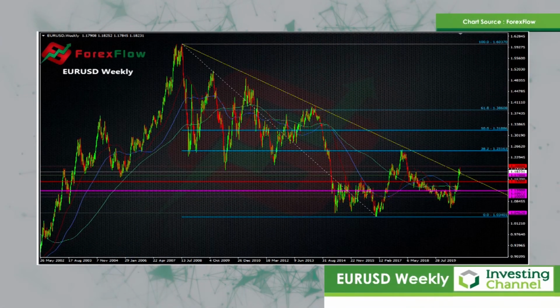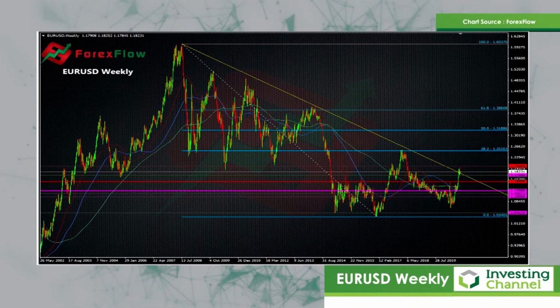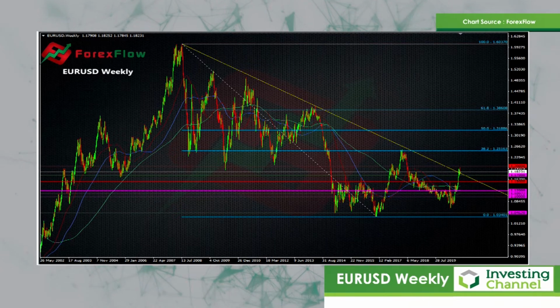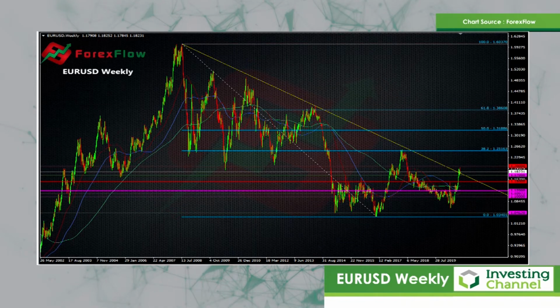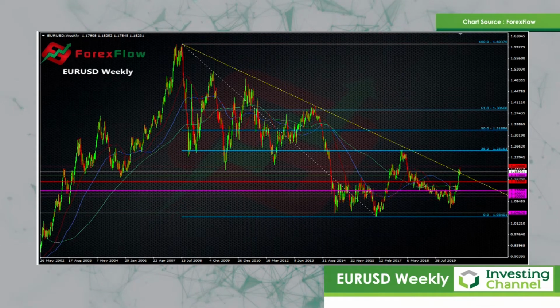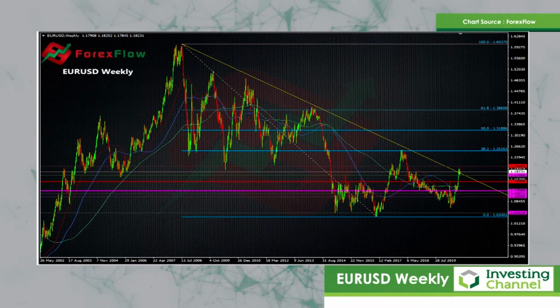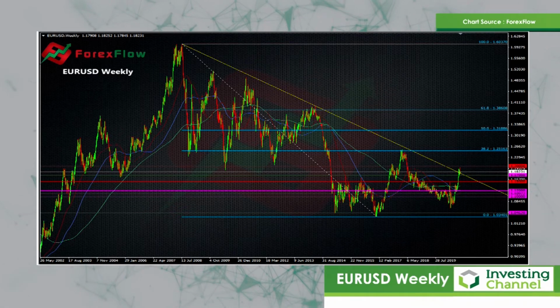So the first chart I'm going to look at is the weekly chart, just to get an overview of how the bigger picture is playing out. If we look at that chart, we can see we had a big long-term descending trend line here that we've just nudged above, and at the moment it's a little bit indecisive about whether we're holding above that line or breaking back below. It's a bit up and down, but we seem to be following that line. That indicates that the market's a little bit unsure around these levels before it wants to make either another big move higher, or find a top and come down below. So it's pretty much a key level there, but it also comes in against another big line,